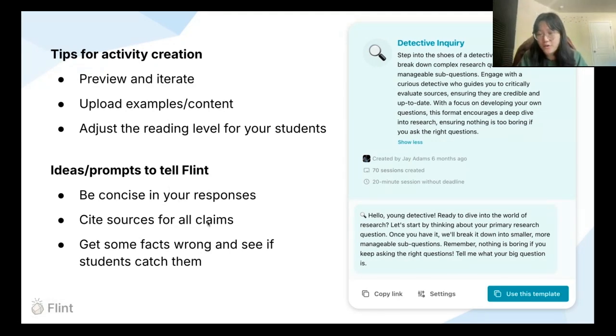Asking it to cite sources for all claims can be useful for the research context. It won't necessarily always do that, so that's something that you can request of it. And then an idea that I've seen some teachers use, especially as an introduction to students using AI for research, is to create an activity that gets things wrong to see if students will fact check it, to see if they can catch it. And also create this sort of healthy